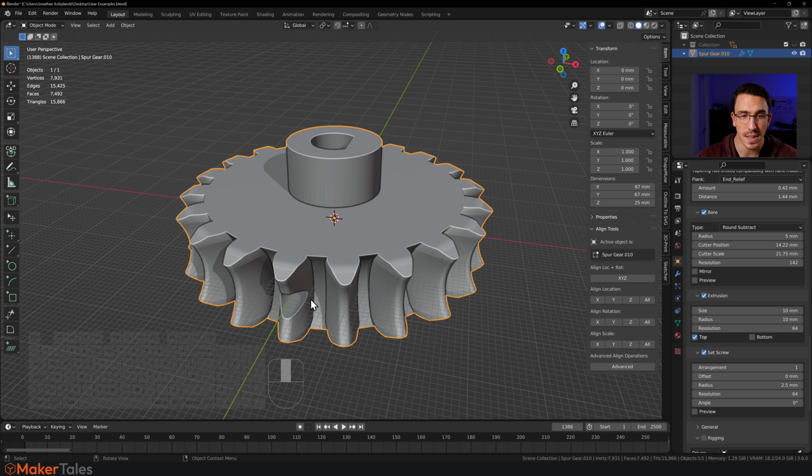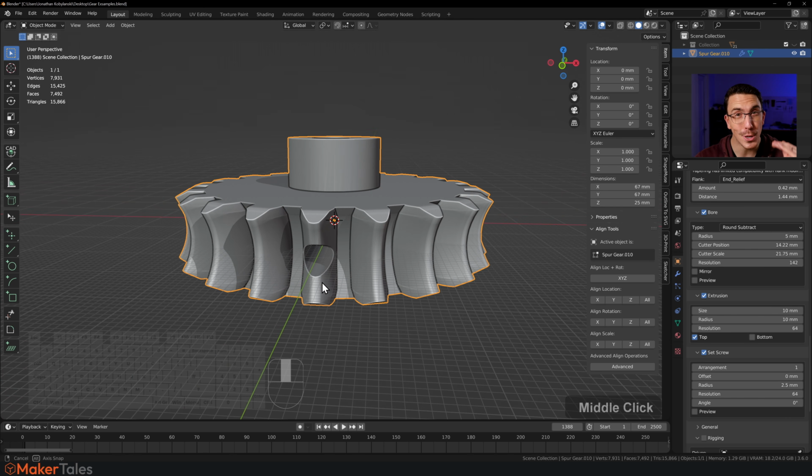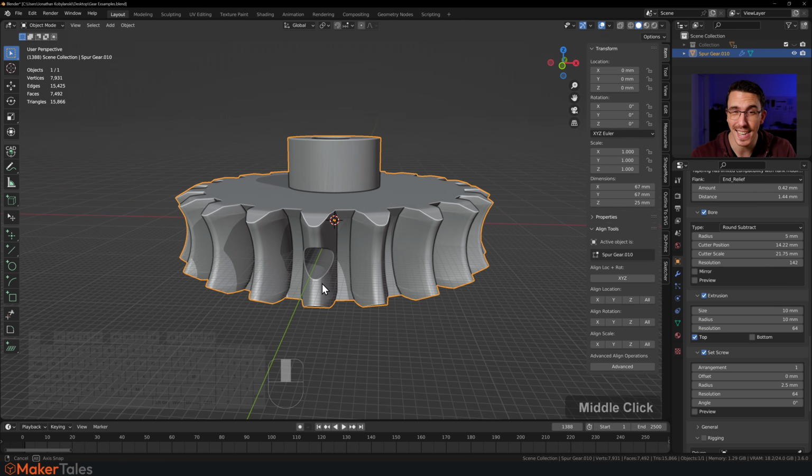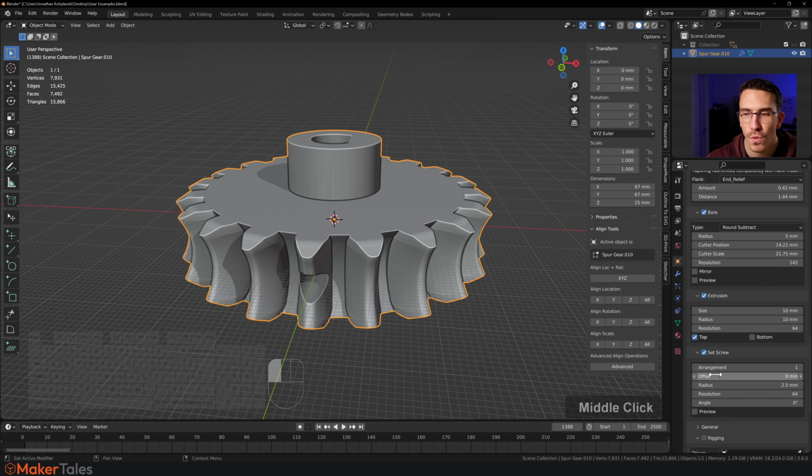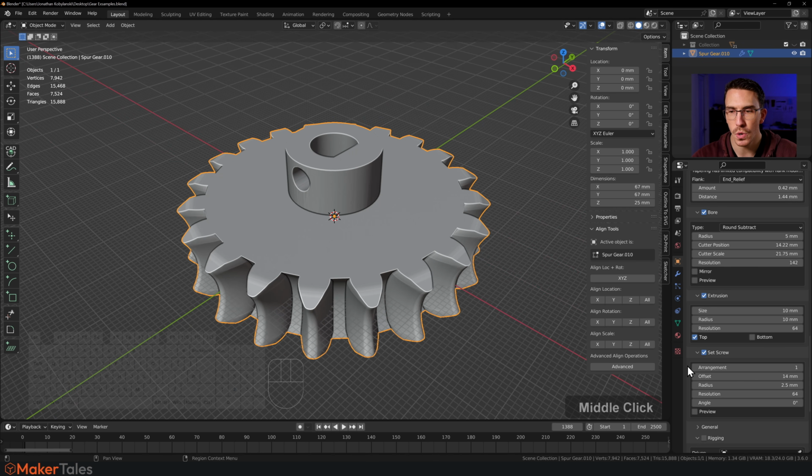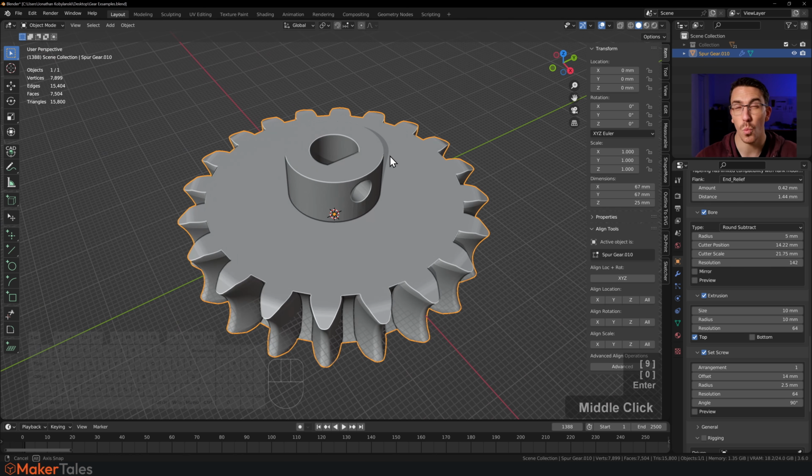So the set screw is currently in the gear itself. You do get set screws that are set inside of the gear. So from here, we can do an offset, push this upwards over to here. And this is not a very good set screw. We want it over here. So you can go for the offset. No, not the offset. I always forget which one it is. The angle, and we can set this to 90. And then we'll be right there where that D